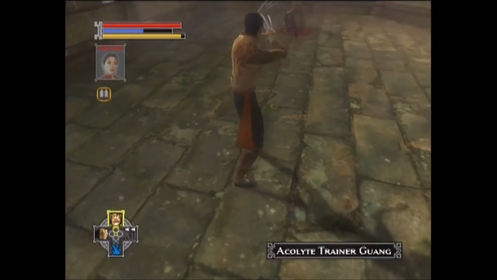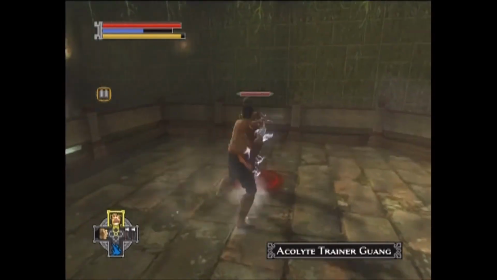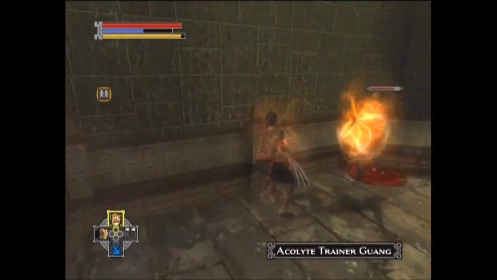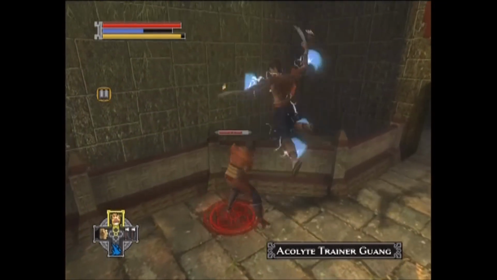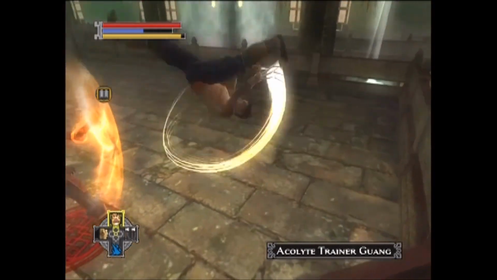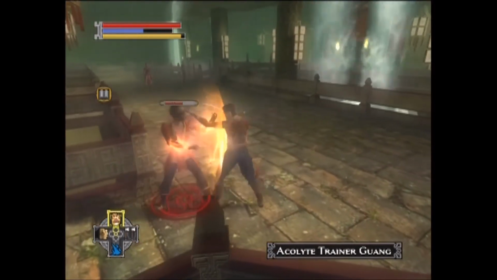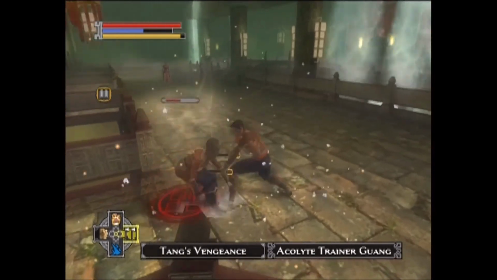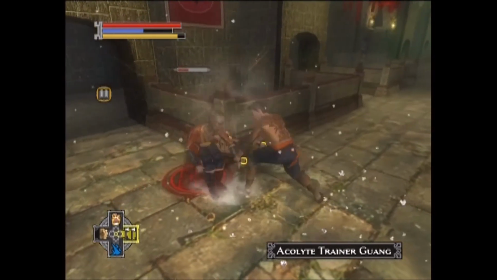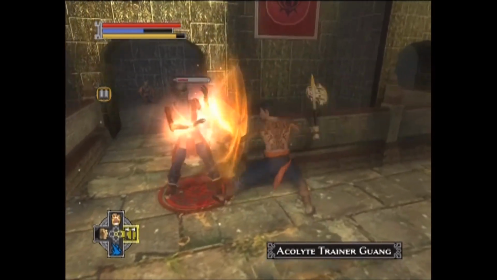Okay, so we are taking on Acolyte Trainer Guang. Wow, that's very close to Gong. That's not what was intended, but we're gonna beat her down pretty quick, and we will get an immediate promotion, which I think is sort of funny. But, yeah, let's just...